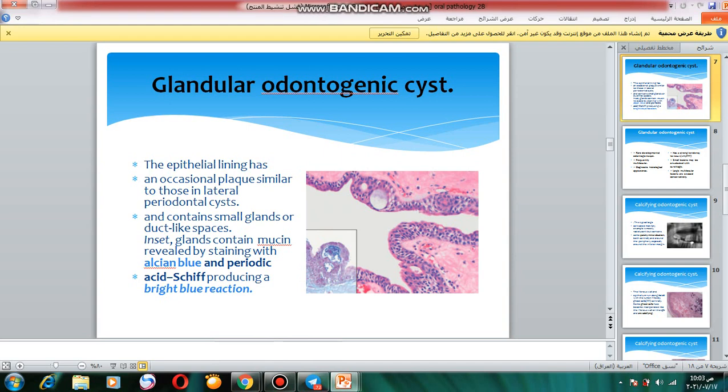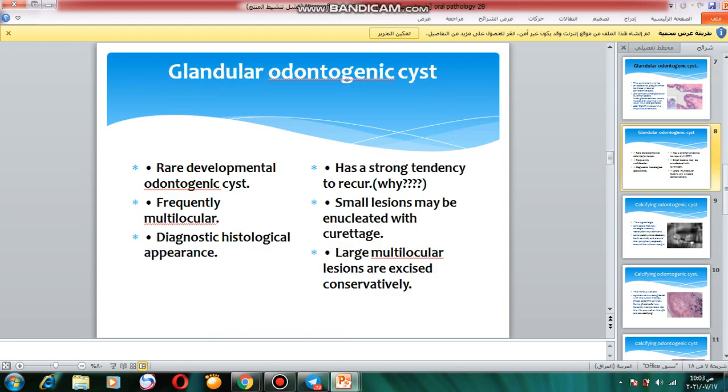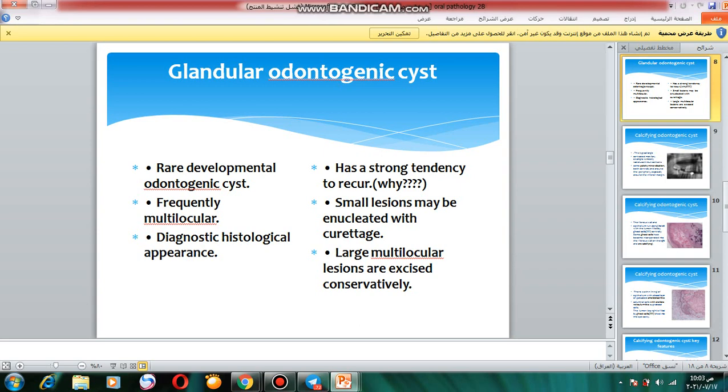We go to slide number 8. The glandular odontogenic cysts are rare. They have a strong tendency to recur. Why? Because it has folds, multilocular. Treatment is by enucleation if it is small. If it is large, it's difficult to